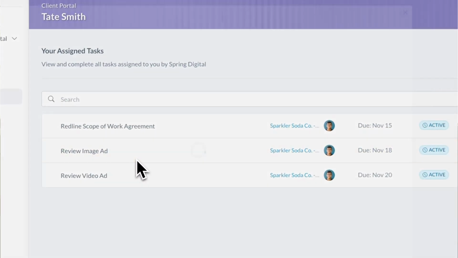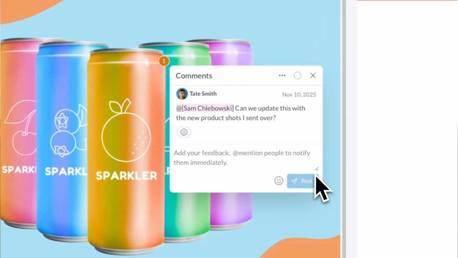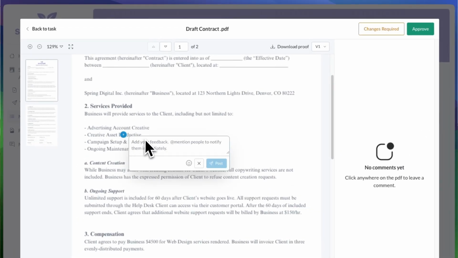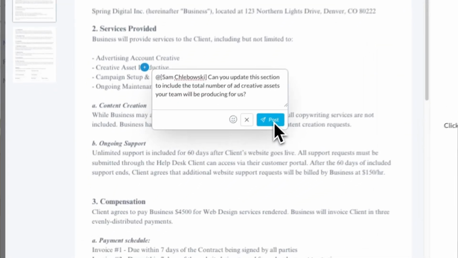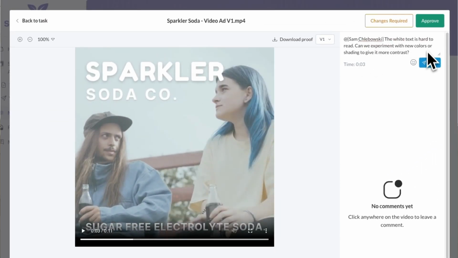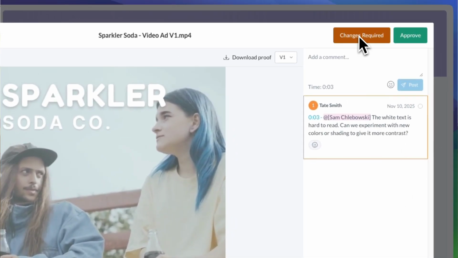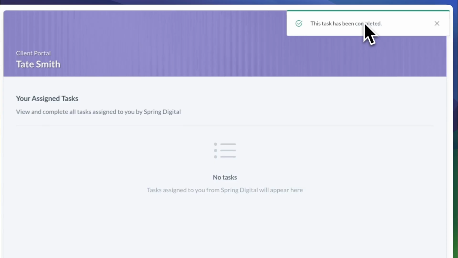To quickly explain some things you might want to use proofing tasks for, they are perfect for things like reviewing images related to ad creative, brand imagery, or website wireframes, letting clients redline PDFs like scope of work agreements or contracts before you send the final version off for signature, or even leaving time-stamped comments on video or audio files, so your team knows exactly what changes are needed and can implement them before your client needs to give the